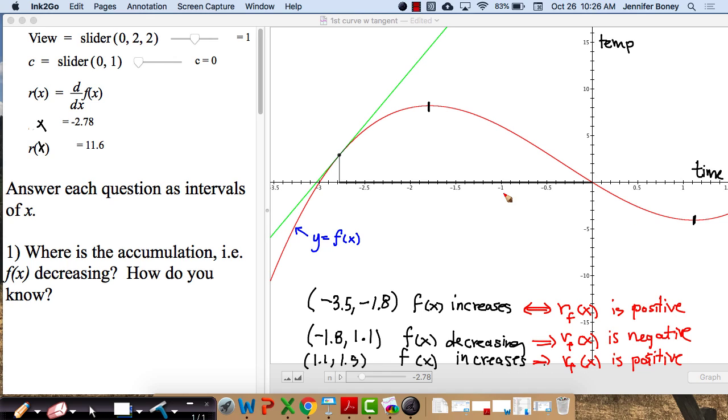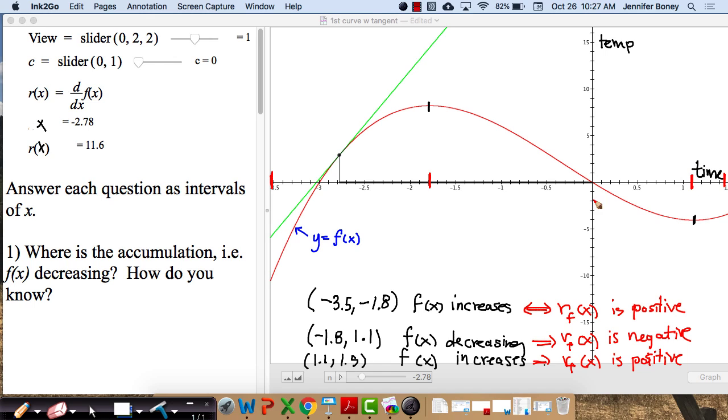So I can talk about these intervals, which, again, just from negative 3.5 up through negative 1.8, and then negative 1.8 through 1.1, and 1.1 to 1.5. Those different intervals I've got, I'm pointing at the screen, that doesn't make any sense. This section I've got f of x increasing, r sub f of x positive. The next interval I've got f of x decreasing, r sub f of x negative. And then, again, the positives and increasing in the last little section there. So